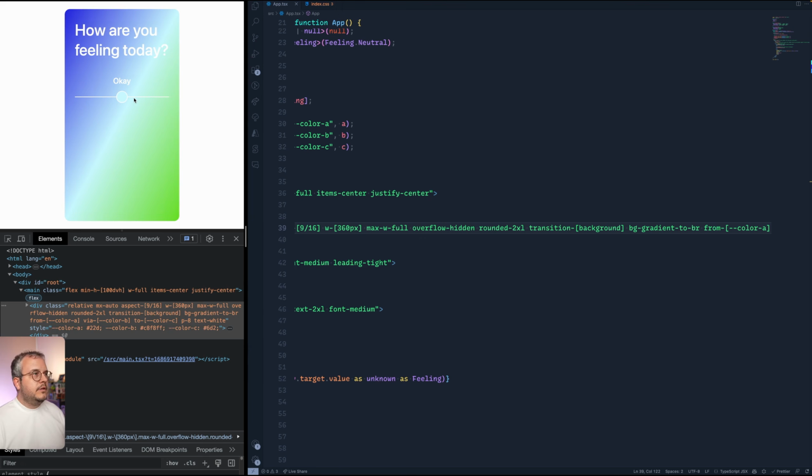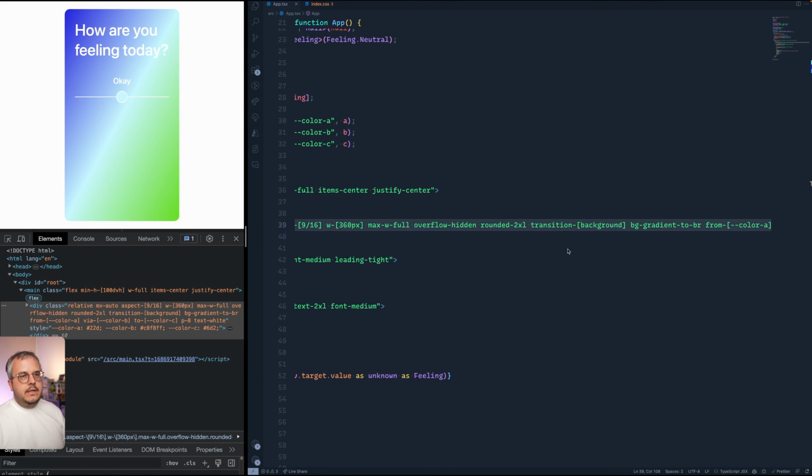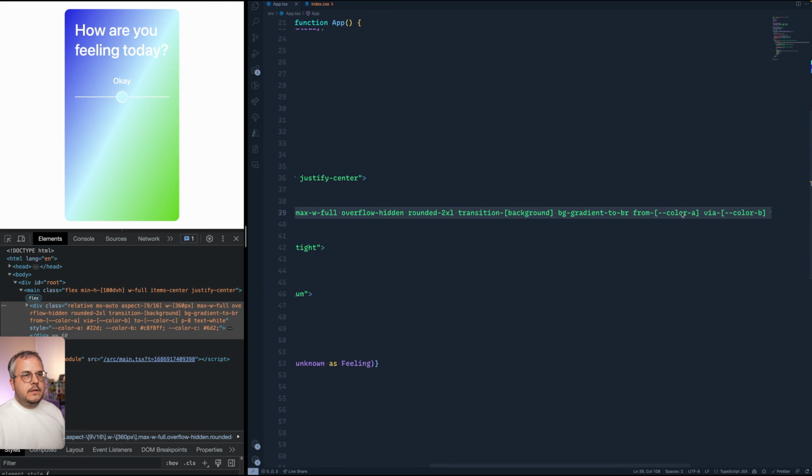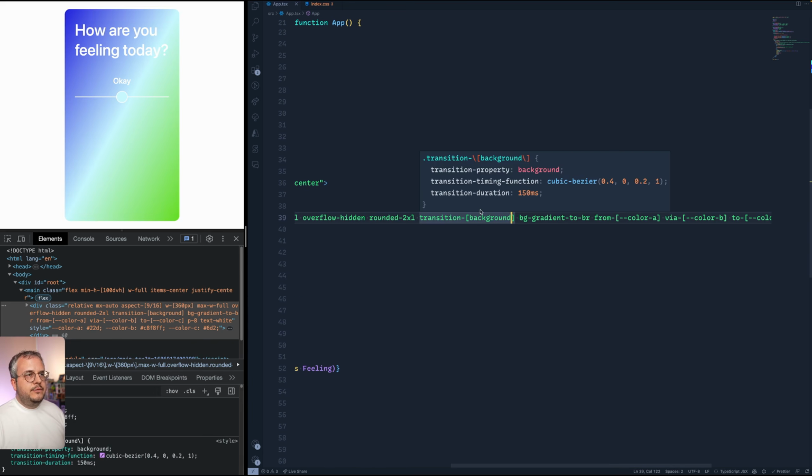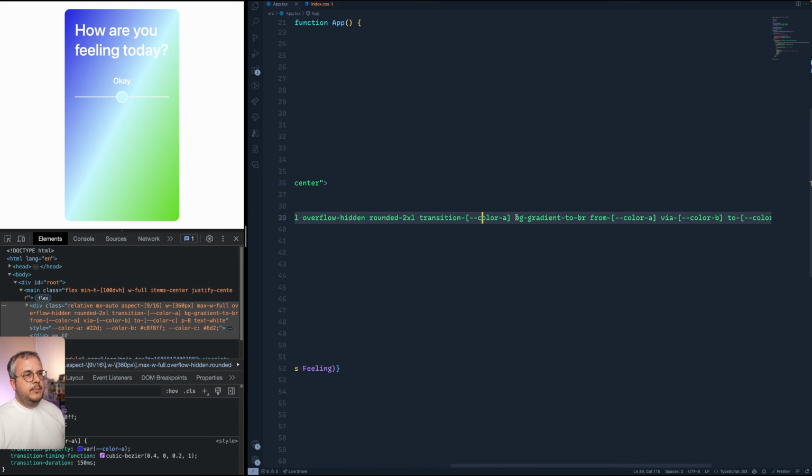So we're gonna need to do something a little bit different here. And what we need to do different is, instead of animating the background, we actually want to animate the properties, so the custom CSS variables. And to do that, we want to change the value of transition property. It shouldn't be background, it should be the name of the CSS variable. So if you would simply add colors A in here, you see that Tailwind converts this into transition property var A, so it would take the value of it instead of the actual variable. So unfortunately, that's not gonna work right now in Tailwind, so we need to do things a little bit different.